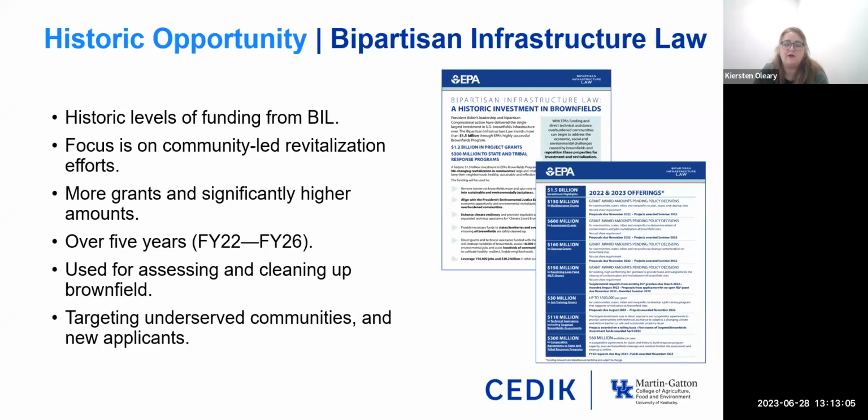Just about a month ago, it was announced that Kentucky received $7.9 million in EPA Brownfield funding for assessment, cleanup, and actually 2 revolving loan funds got supplemental funding. And that's more than we've ever seen before, and maybe more than we'll ever see again in our lifetime for Brownfield funding. We got 4 cleanup grants this past cycle, which is more than we've ever gotten. And I think we're just going to continue to see the benefits that this funding has over the next couple of years, and even beyond that, once these projects really get off the ground and get moving.